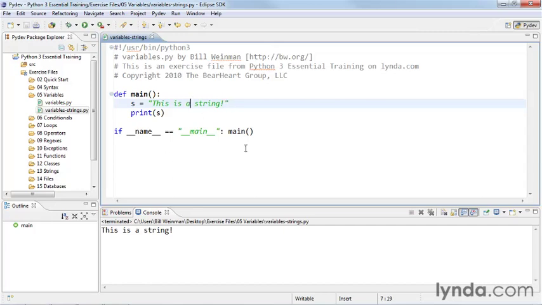You can use escape characters in a string as you can in many languages. So if I put in here a \n, that'll introduce a new line in the middle of the string. And if I save that and run it, we see that there's a new line now between the A and the S of string. On the other hand, if I want this \n